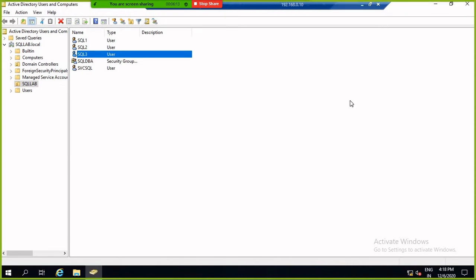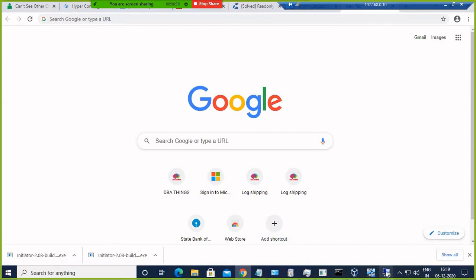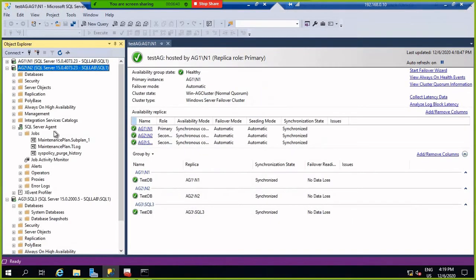Okay, so I have to provide the SQL3 user a database level permission like DB reader. So you can check how it is possible. First I connect my instance here. You can connect any instance.